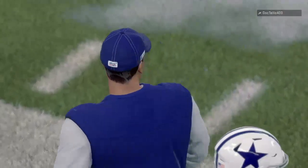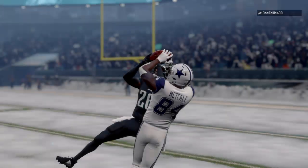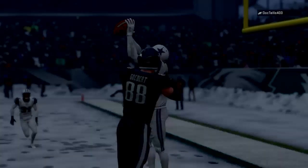Well, one side moves on, and then, of course, there's the other side, and now they face what they don't want to face, and that's the offseason. Think about